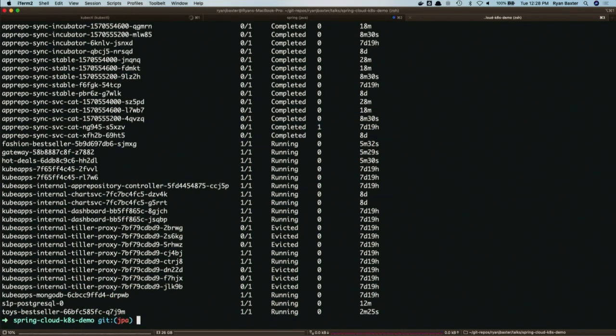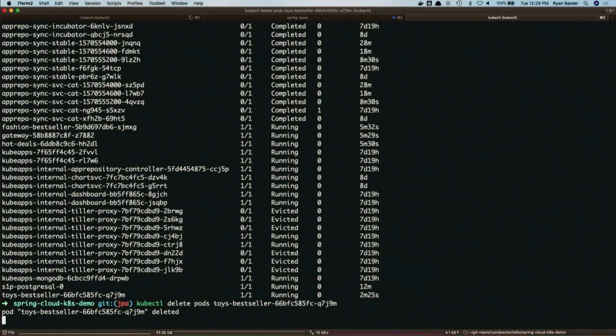Since I've touched the Spring Data JPA configuration, this is a special case here. So I need to restart the pod because there is a pool of JDBC connections that were opened by Spring Data JPA. So actually, I need to delete this pod only for this use case. So let's do this.